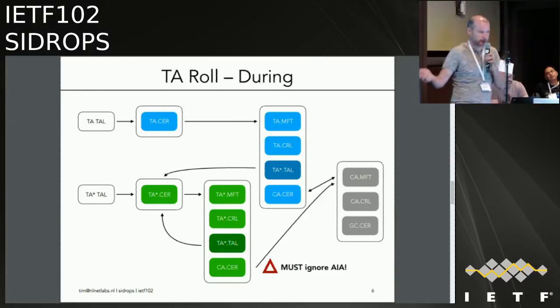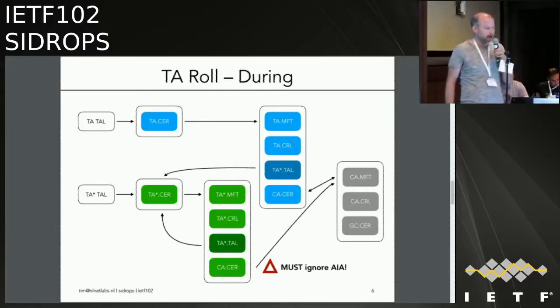Another place where this may cause an issue is that, in case you want to change your publication points, you have issues. Maybe you want to outsource it, and you can't otherwise. But anyway, you can have two parallel structures. What the draft actually currently says is that you would go to the after stage very quickly, but I'm quite willing to discuss that and say, maybe not go there very soon. You could leave both in place for a while.